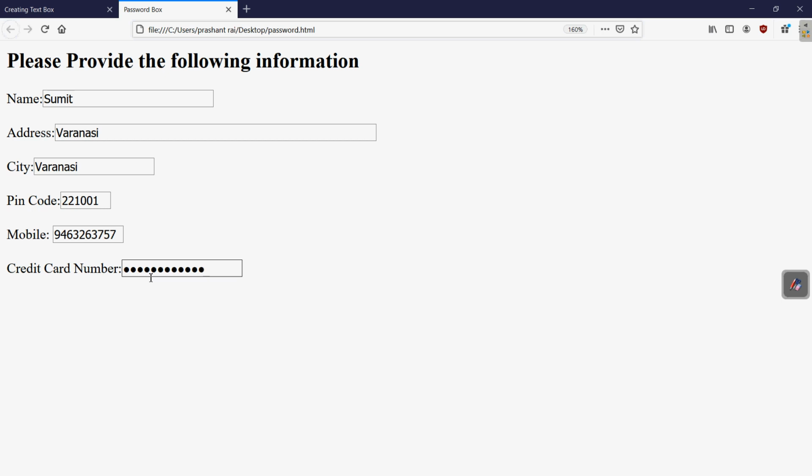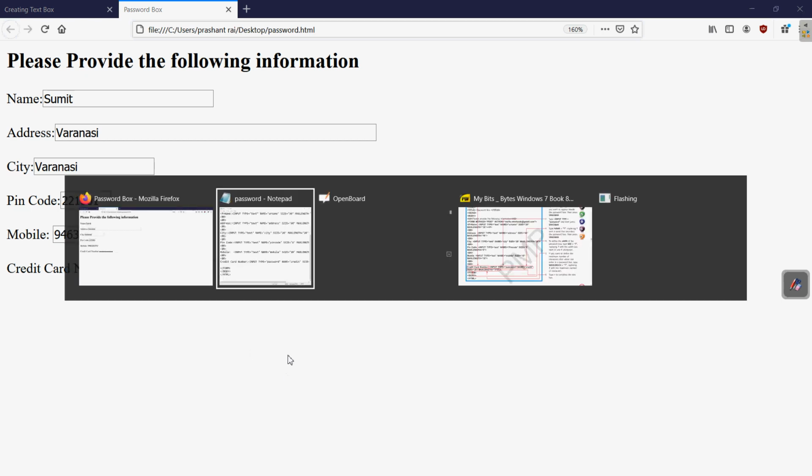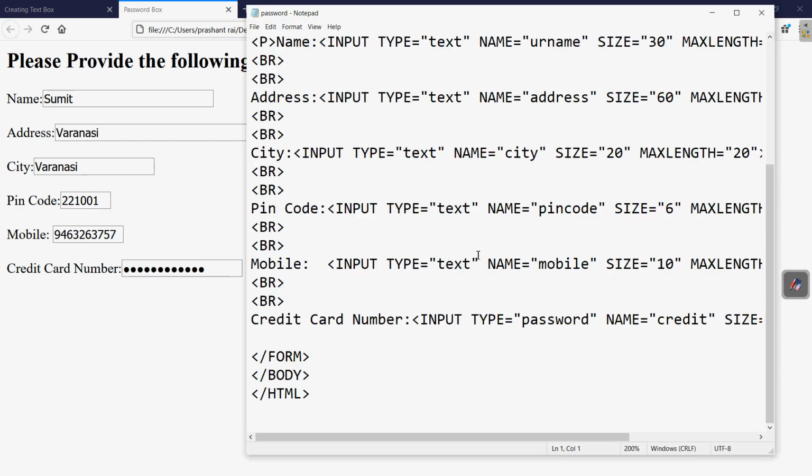The characters will not be visible to everyone. Here only the input type is password, and the rest of the layout of all these boxes is the same. I hope it is clear.